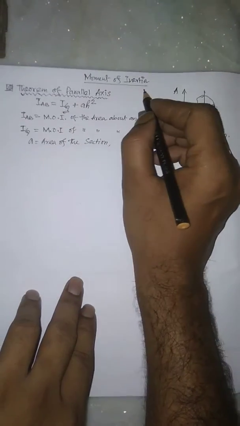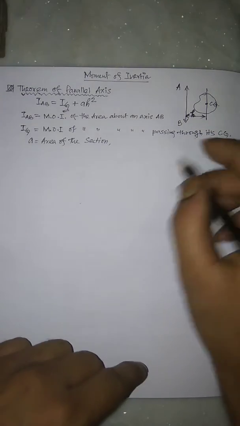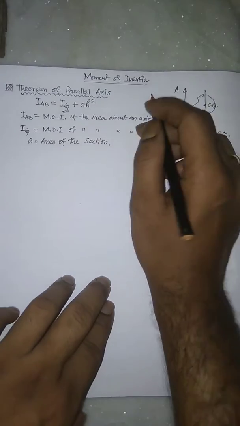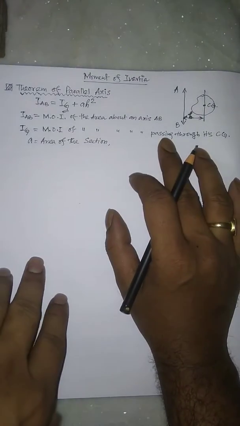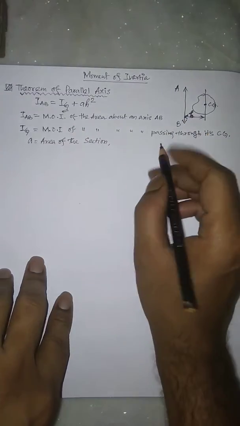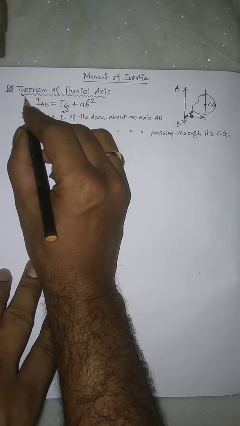Today the topic is moment of inertia. In the previous lecture we discussed how to find the moment of inertia of a circular lamina. Today we discuss how to find the moment of inertia of a triangular section. To discuss this, we must go through the theorem of